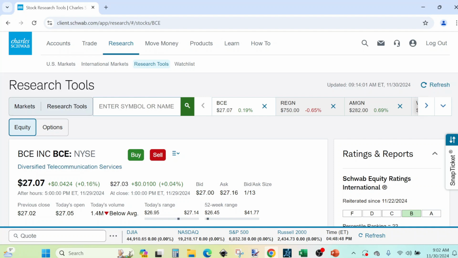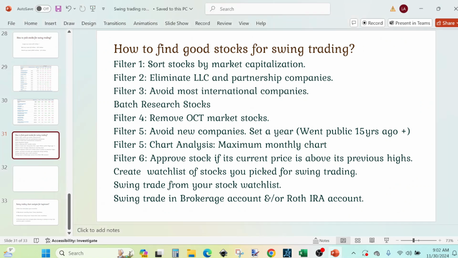This one is NYSE market, New York Stock Exchange. So it passed that criteria as well. So we'll move to the next one. So the next one is to avoid new companies. Here you need to set a year that you are comfortable with. I like older companies because for me, the way I view is they have gone through multiple recessions